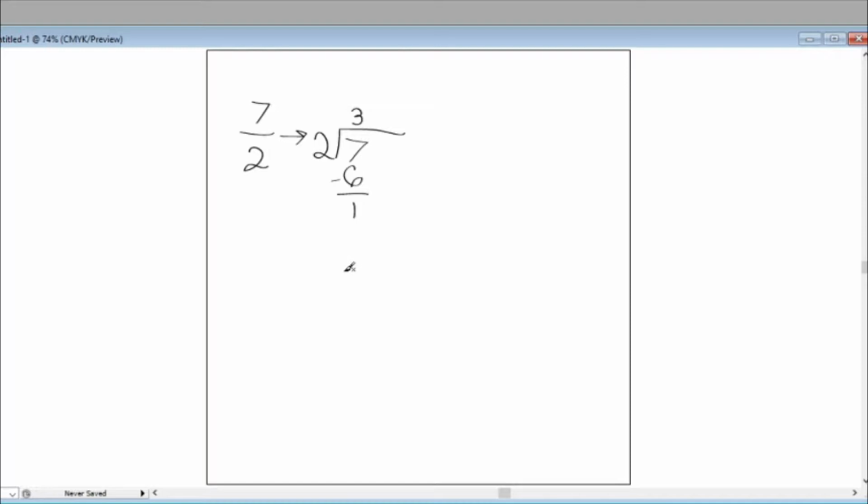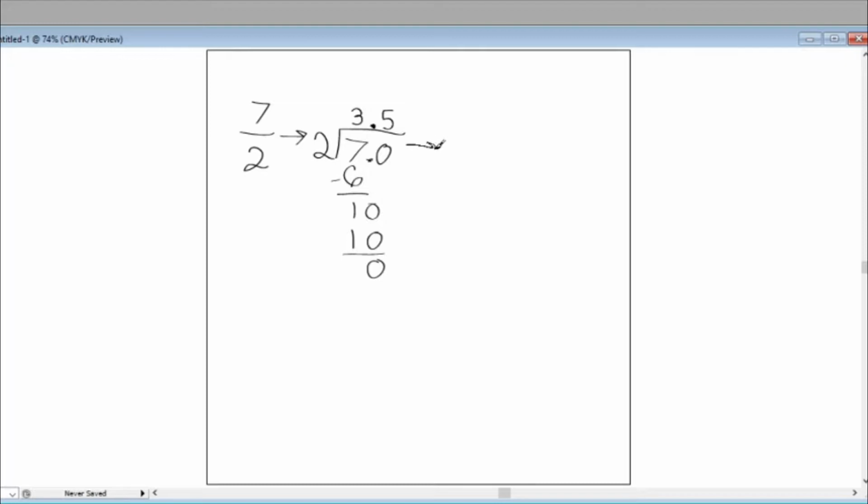We get 1. Now to continue going here, I have to add another place value, just like I did with the 2 in the previous example, in order to keep making this go. So now I can drop this 0 down. And 2 into 10, well, that'll go 5 times. And it goes perfectly. So here, we get no remainder. We bring our decimal place directly up out of our bracket. And again, as long as we have placed these numbers in the correct place values,